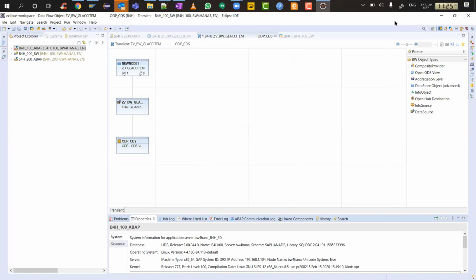Okay, tell me, how can I go to RSA1 from Eclipse, guys? Yeah, at the top there is an icon. SAP logon pad. Click the logon pad. Oh, this one? Under navigate, there is a small icon. Correct. Who can tell me the shortcut for that? What is the keyboard shortcut for opening that?